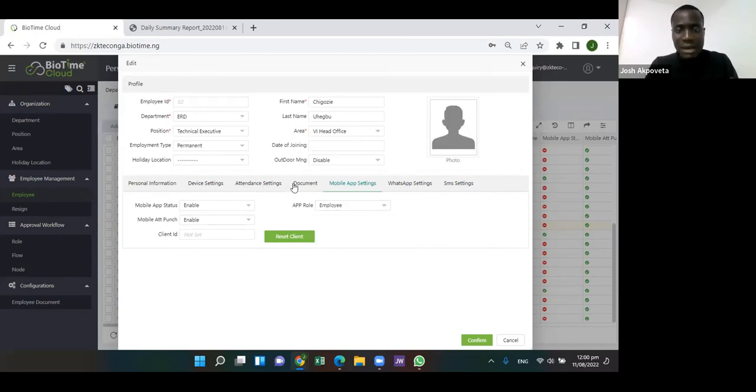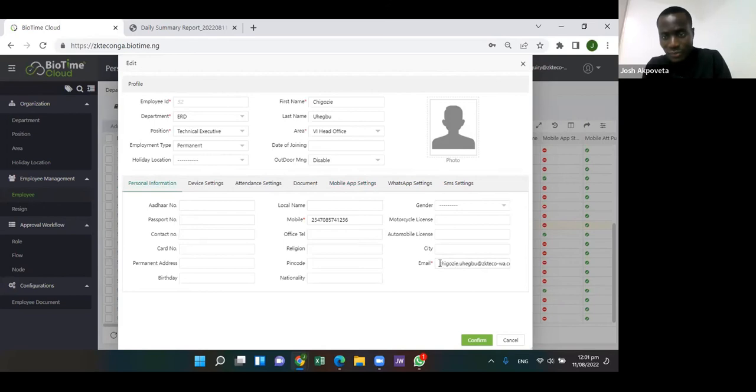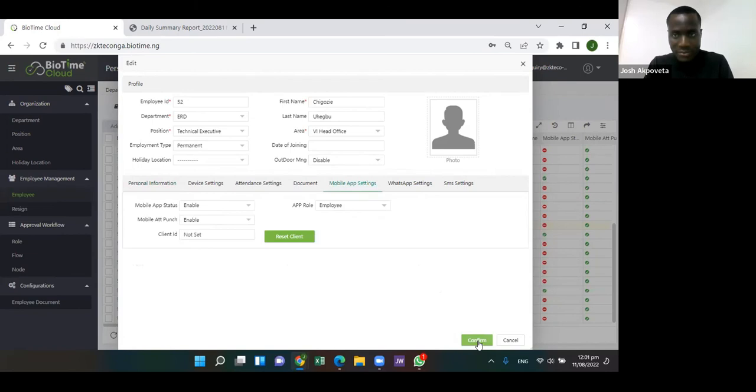And with that, what I just did now is I gave Chigozie access to log in to the mobile application. And then another important information you need for a mobile application is your email. Your email is very important. So in this case, for me to activate this account for Chigozie, I need to use his email and the password that he will get when he wants to activate his account, to sign in on that. So believing I've done this, I confirm this,